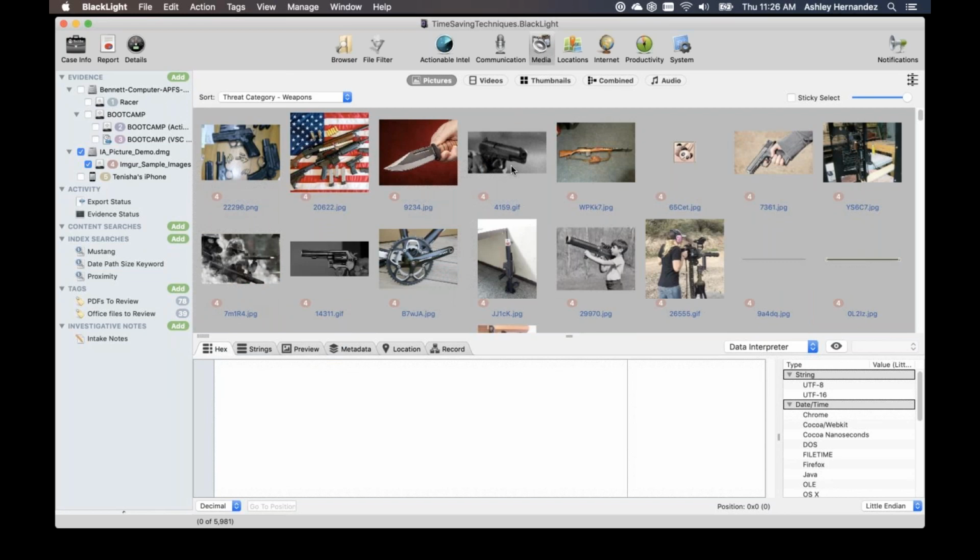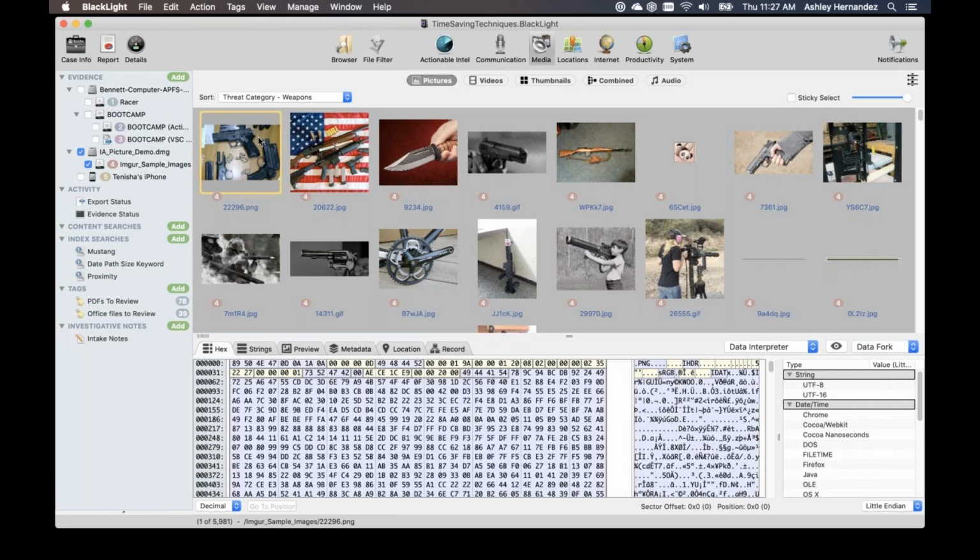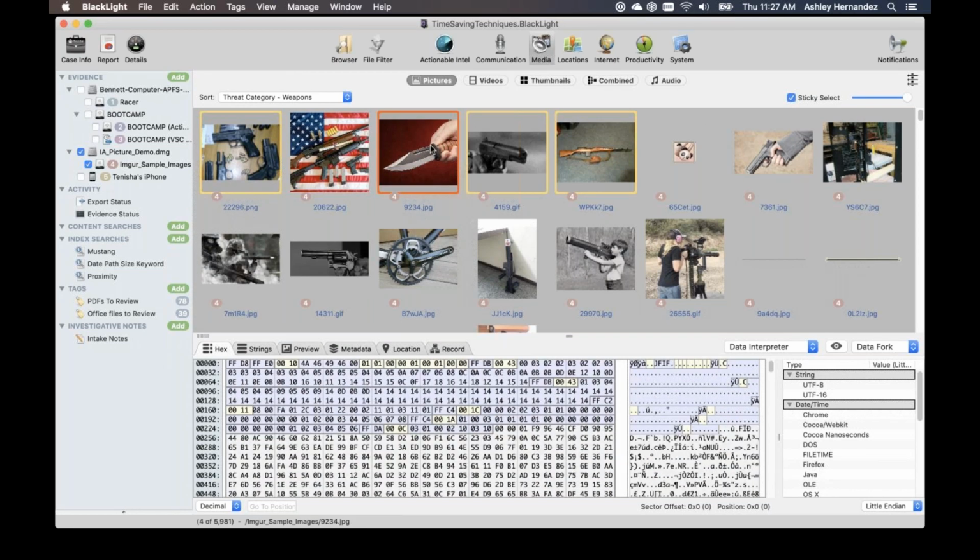either tag these items. There is always the way for you to tag, especially if you're reviewing a specific type of images. Adding additional tags for each type of violation allows you then, once you're going to produce it across multiple, to do that filtering where you stack your tags. And then you could say, well, I want to see all that were category 1, 2, 3 of the different types of filters. One of the tricks to doing selection of these a little more quickly is the sticky select, which will let you select pictures without having to hold down any shifts. So that's available in the gallery view.